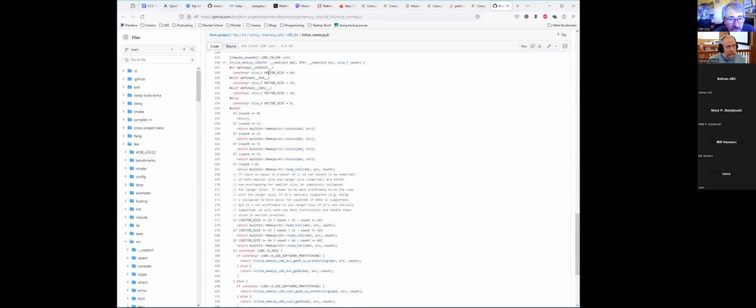And he says, if I have x86 AVX, chunk it in 64, or chunk it in 32 for AVX, or chunk it in 16 for SSE, or chunk it in 8 using registers, I guess. Count as 0, get out. Count as 1, built-in memcopy 1. Wow. And this is a compile time constant. So those are basically all stamped out at compile time for this specific size and this specific vector. Right, I get it.